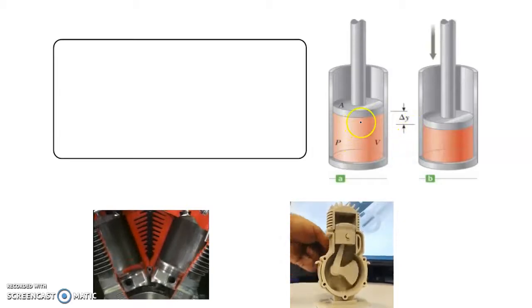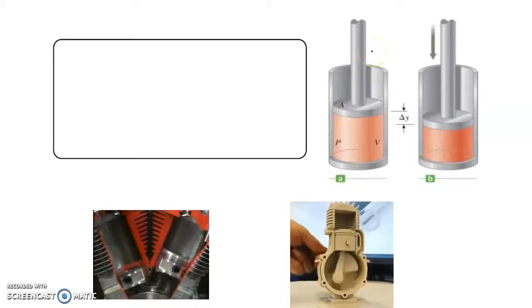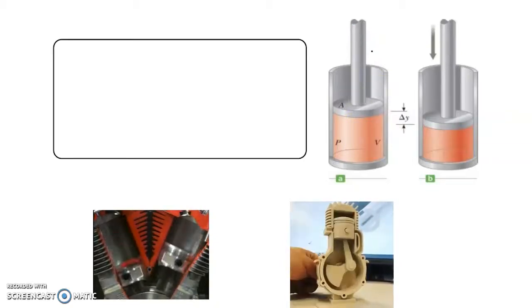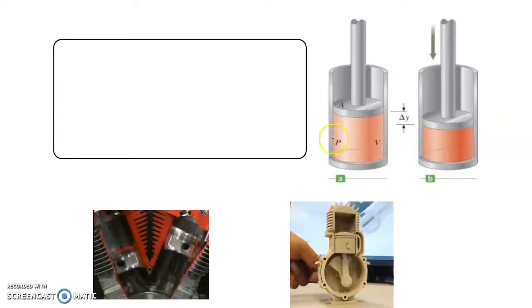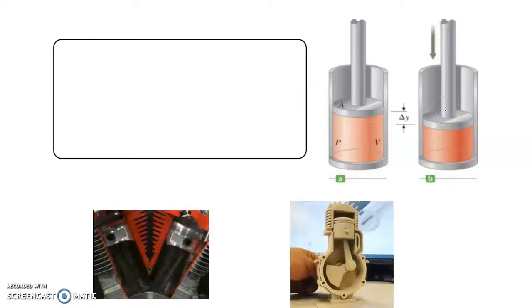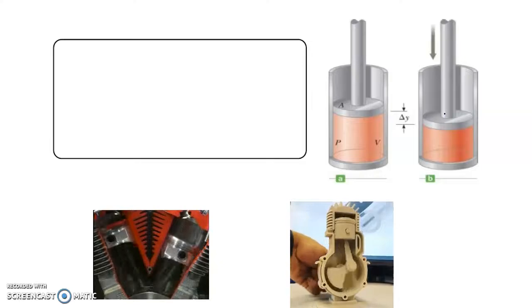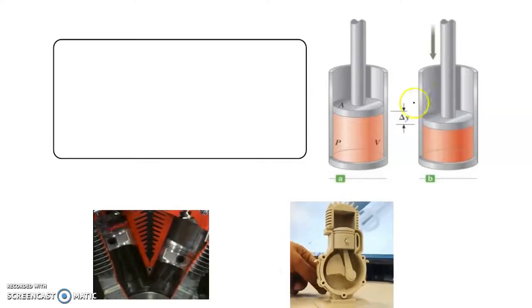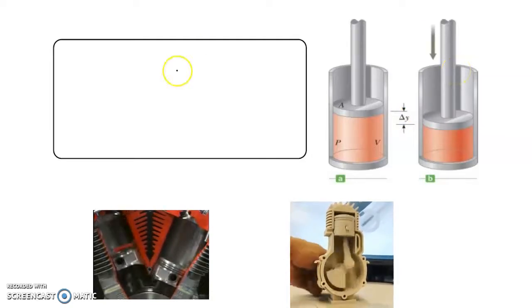Let us consider a gas contained by a cylinder fitted with a movable piston, in equilibrium. The gas occupies a volume V and exerts a uniform pressure P on the cylinder wall and the piston. The gas is compressed slowly enough so the system remains essentially in thermodynamic equilibrium at all times. As the piston is pushed downward by an external force through a displacement, the work done on the system is